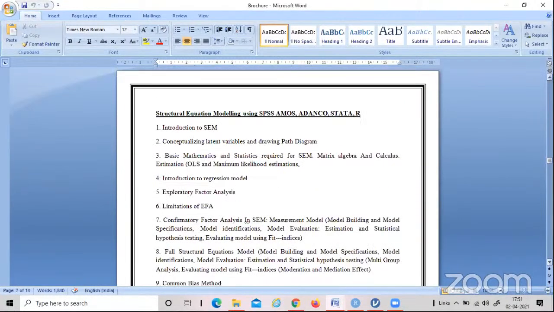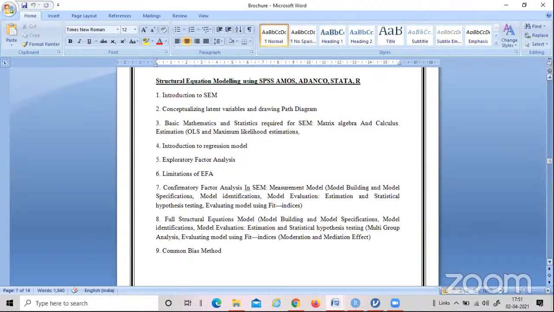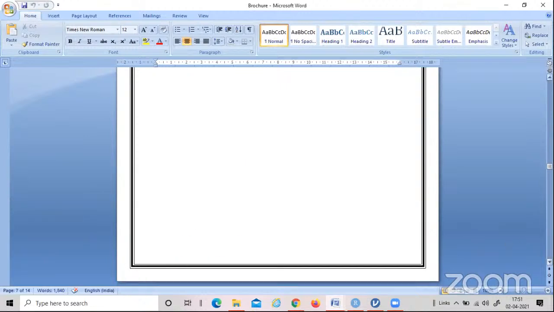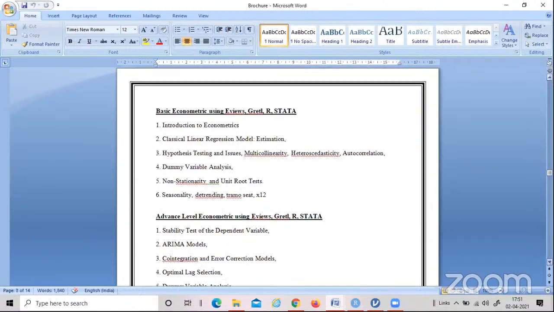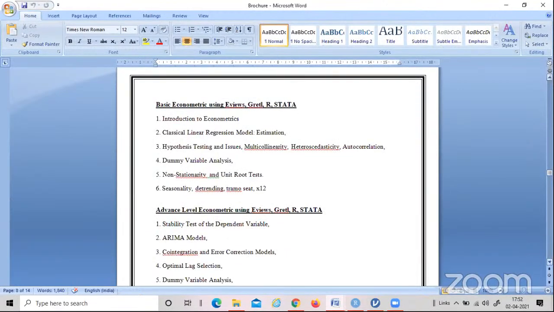After this comes OB and HR, which we had discussed right now, like depression and its linkage with personality. Some model is there, and we want to test that model. So this lecture is delivered by us using SPSS AMOS, ADANCO, Stata, R, and Smart PLS. Those who are doing secondary data, we teach them basic econometrics using EViews, Gretl,